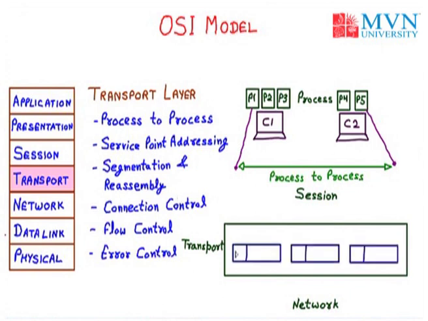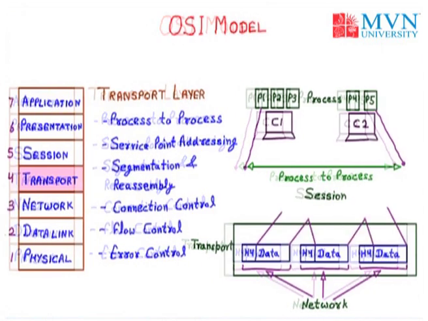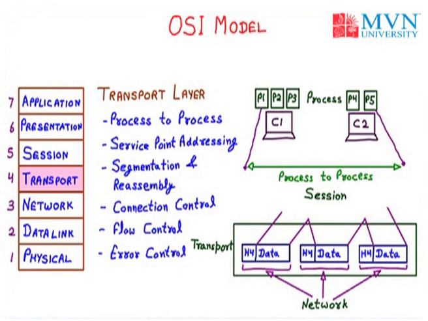Now we have the three segments, which have their header as well as the data. The header is H4 in each of the segments. Here H stands for header and 4 stands for it belonging to the transport layer. The rest is the data in all three segments. Now these three data segments are coming from the network layer. But now the session layer will discard all the headers and only take the data. Now we can see that we have only data, and the data is taken by the session layer.